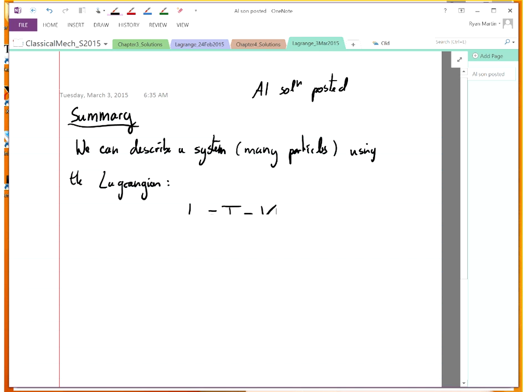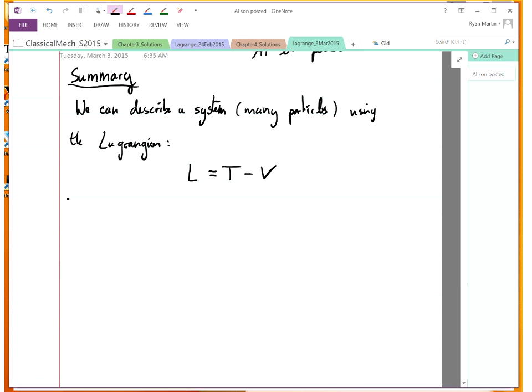And hopefully by now you know the Lagrangian is T minus V, where T is the kinetic energy and V is the potential energy. The equations of motion are given by,